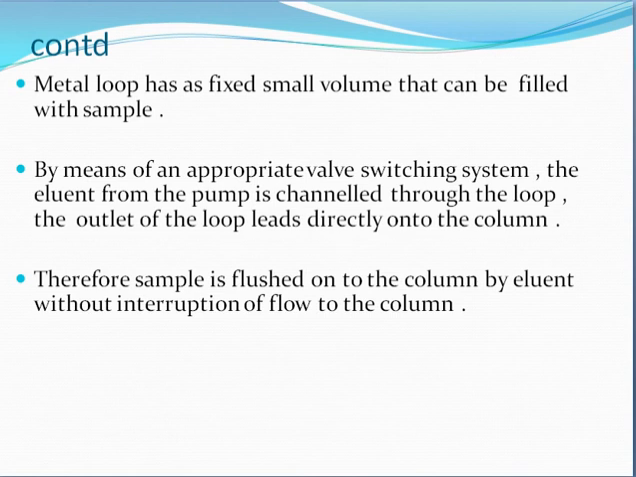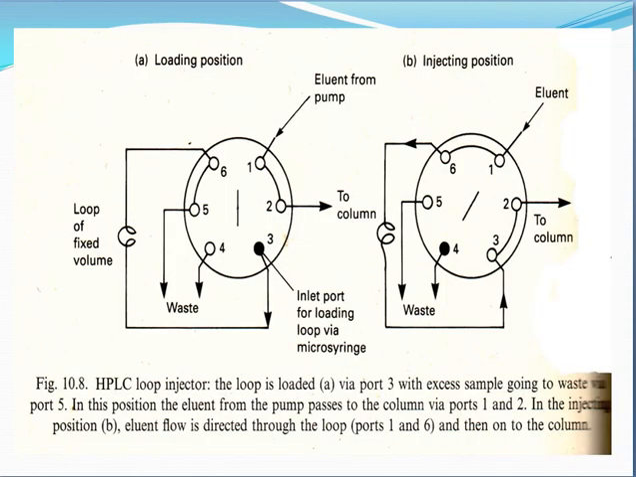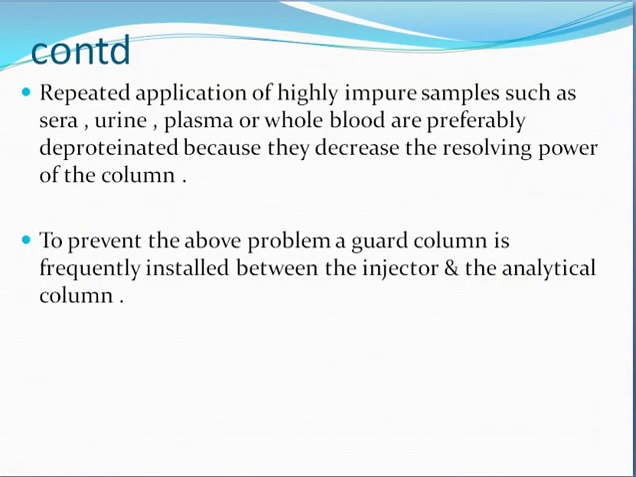A metal loop has a fixed small volume that can be filled with sample. By means of an appropriate switching system, the effluent from the pump is channeled through the loop. The outlet of the loop leads directly onto the column. Therefore, the sample is flushed onto the column by the effluent without interruption of flow to the column. So this is the load position and injecting position. Repeating applications of highly impure samples